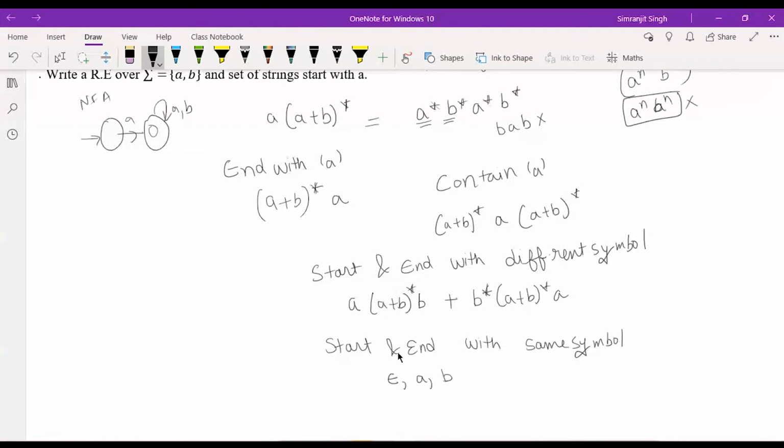Okay, so I'll write it if you're not able to. Epsilon will be in the language, A will be in the language, B will be in the language, and starting with A, ending with A. So starting with A, any number of A's and B's can come in between, it's ending with A. Starting with B, any number of A's and B's can come in between, it is ending with B. So that will be your correct answer. I think Varun has got the right one. Okay. So just see this one again. There is a little bit of a problem here. What is the problem here? That epsilon is starting and ending with epsilon, A is starting and ending with A, and B is starting and ending with B. Okay, so I think Mayank also got the right one.